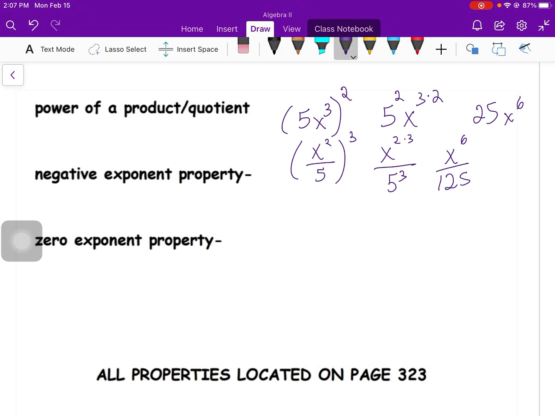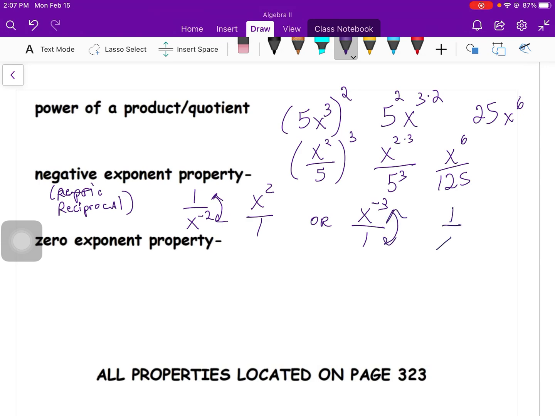Negative exponents, I call these the reciprocal powers. Reciprocal. Okay, that means to flip the fraction. So if I've got a negative exponent in the denominator, I'm going to flip the fraction around and make it a positive exponent. Or if I've got a negative exponent in the numerator, I'll flip the fraction around and make it a positive exponent. Okay. Anything to the 0 power, so literally anything